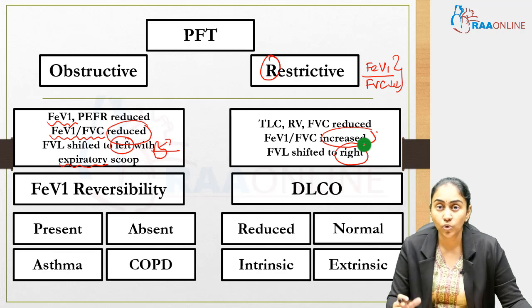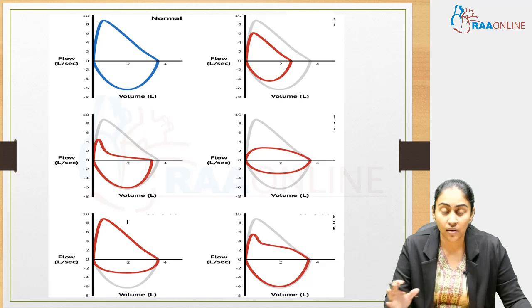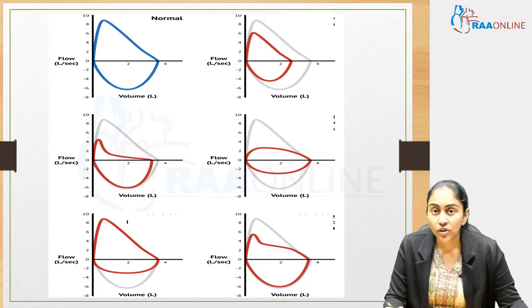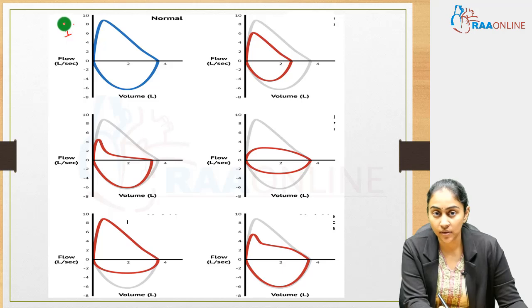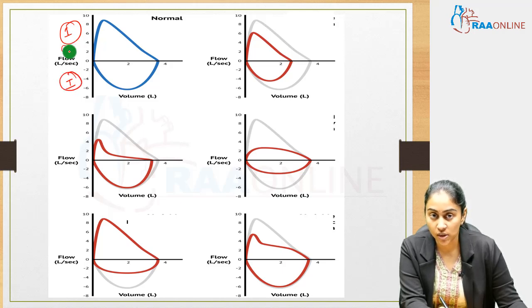So, this is how you approach interpretation of PFT abnormalities, which is an often repeated aspect as far as the MRCP exams are concerned. So, let's try to understand these different flow volume loop abnormalities. The first diagram here, this is a normal flow volume loop. Remember two things. One is that the inspiration is actually reflected at the bottom and the expiration is reflected on top of the x-axis,